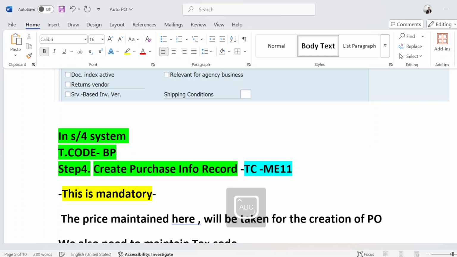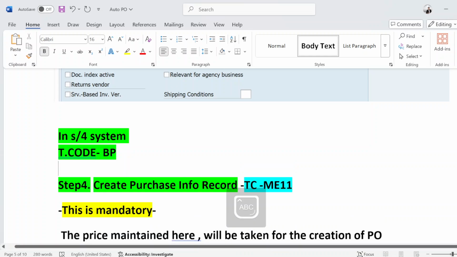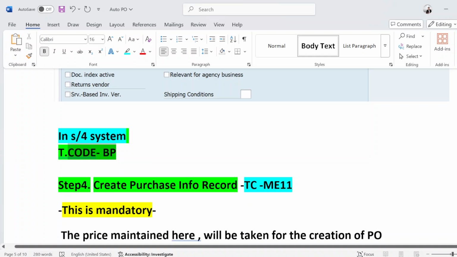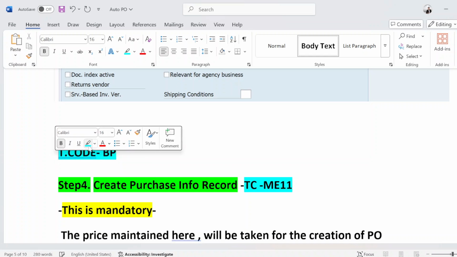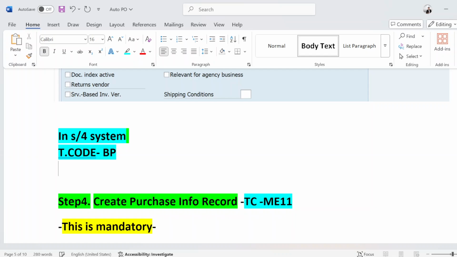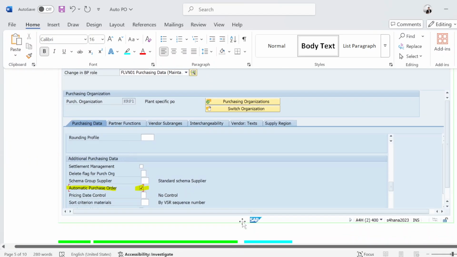We will do the same thing that we have done here.